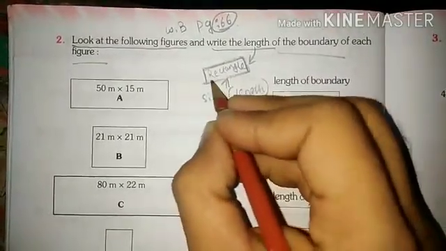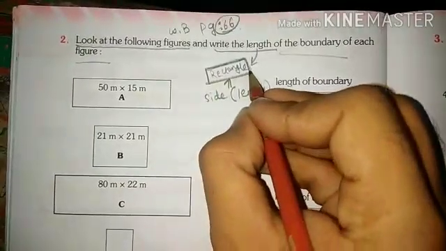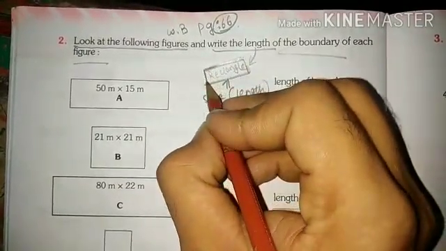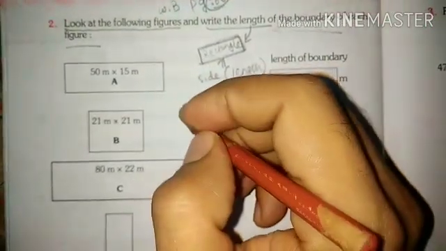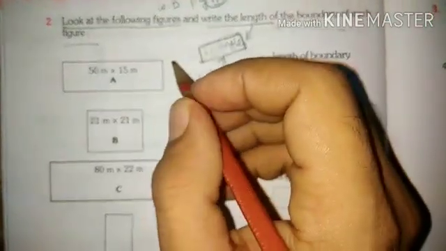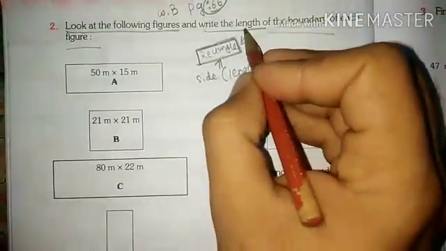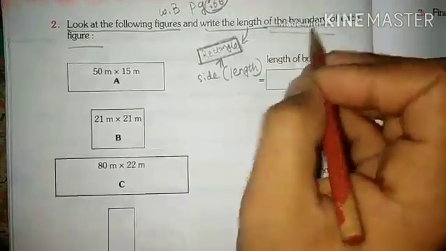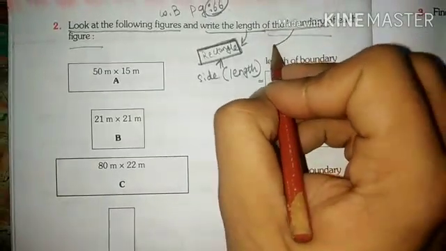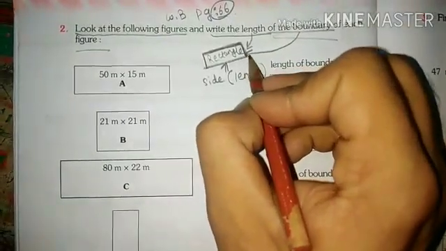I can also say it as length. This is my first length, this is the second length, this is the third length, this is the fourth length. So any of the figures which have been given on this page have 4 lengths. And length you are clarified. Now what is the meaning of the boundary of each figure? So boundary basically means the sides of the figure.